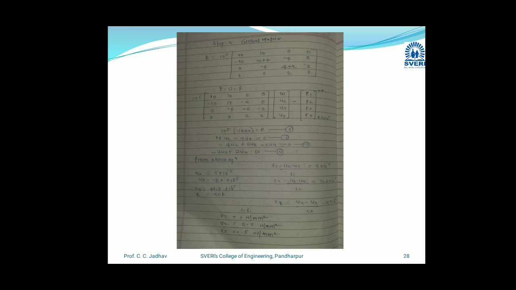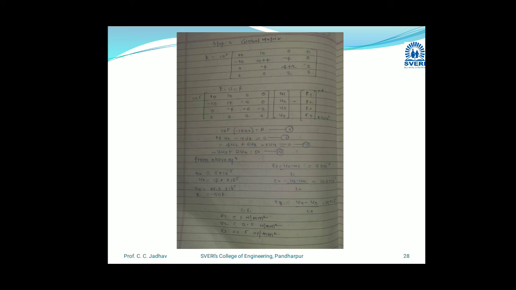And strain at element 3 is equal to (U4 minus U3) by L3, which is equal to 25 into 10 raised to minus 6. And from this strain value we have to calculate the stress value. Stress at element 1 is equal to E1 into strain 1, it is 1 Newton per mm square. Sigma 2 is equal to strain at element 2 into E2, which is 2.5 Newton per mm square. Stress at element 3 is equal to E3 into strain at element 3, which is equal to 5